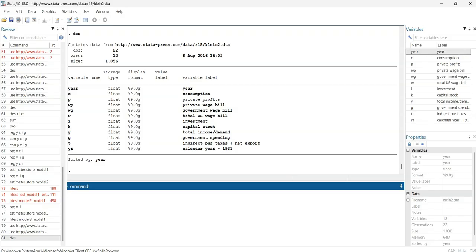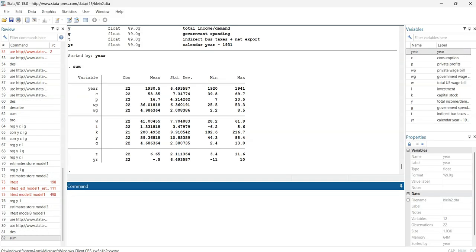Can we run a summary? Summary. Can we run a summary? So after running the summary, can we just look at maybe